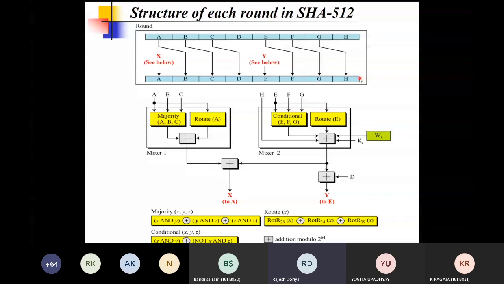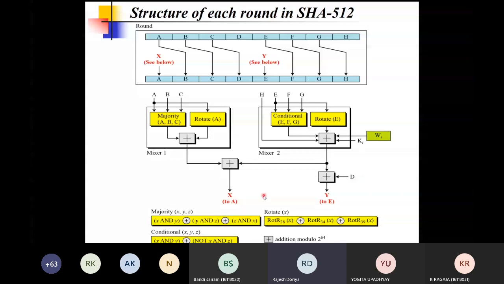But the values of buffers A and E are yet to be calculated. As of now, only the values of 6 buffers have been filled, and 2 have been left. In this particular diagram, the values of these 2 buffers, A and E, are being evaluated.